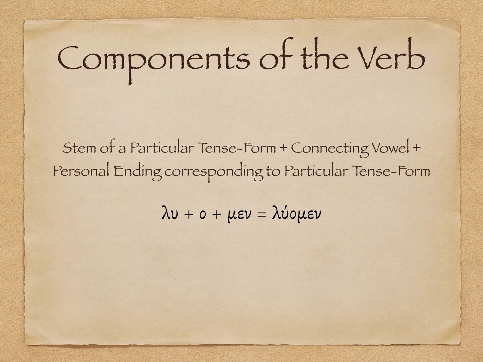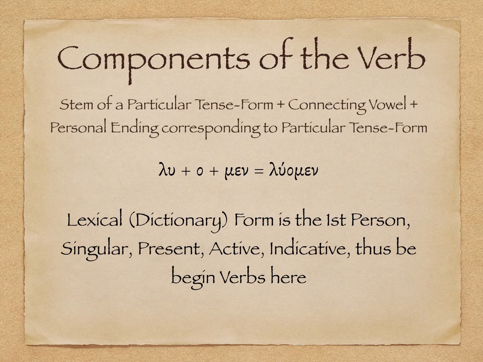In Chapter 16 of Mounce, we begin to think about the present active indicative. In Chapter 15, we noticed the basic components of the verb, and I'll draw your attention here to the three elements that we noticed in Chapter 15: the stem, the connecting vowel, and the personal ending that corresponds to a particular tense form. Now, we are beginning with the present in Mounce, as many grammars do, and we do so